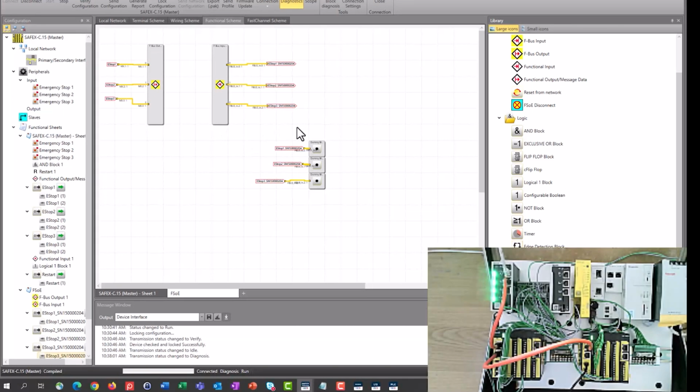I'll do that and take away the 3 signals. And you can see that the signals have actually disappeared. Then I add them back. That is, the FSOE communication is working between the two controllers.